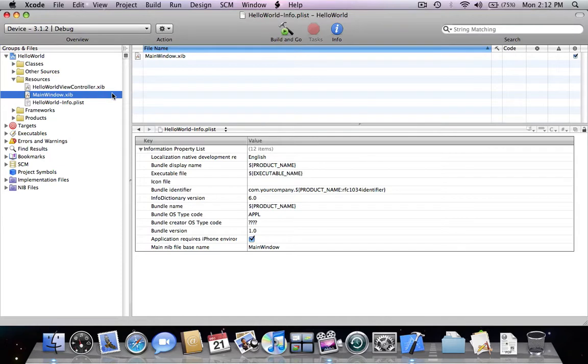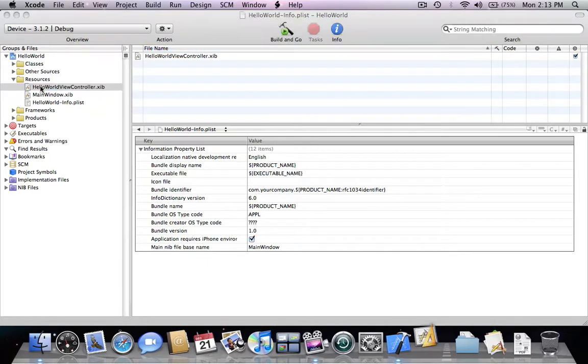Well, xib files are the user interface files which are edited in a separate program called Interface Builder, which we're going to use in a bit. Well, the first of these is main window xib. The main window initiates the actual user interface that the user is going to see on his or her iPhone. So when we start up an application, the main window xib starts up and the main window initiates other user interface files. So in our case, the main window is going to initiate the Hello World ViewController, which we're going to edit now. So we double click on Hello World ViewController.xib,